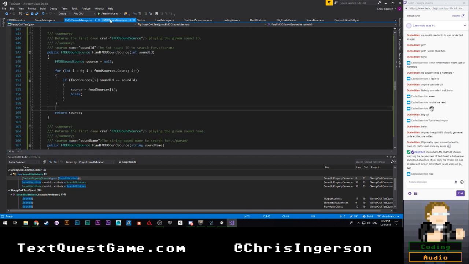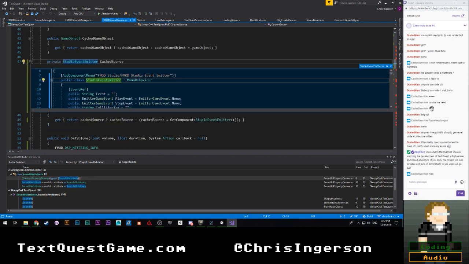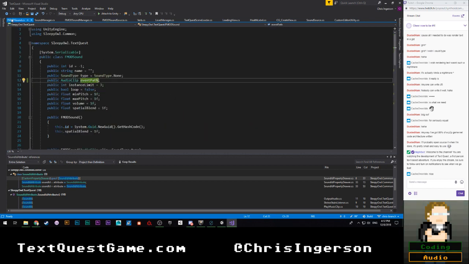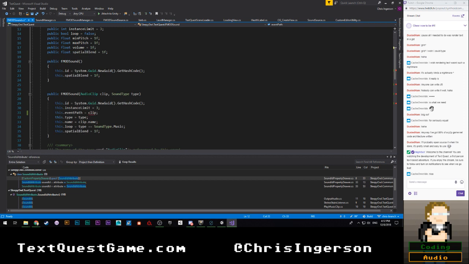Actually, what do they call their thing? Let's see, it's called an event, just capital E. Okay, well that's not nice, but whatever. So we're going to come back here, event path. We're just going to make this a string. Let's see, FMOD sound. I cannot actually do anything with. So I guess I could make this a string